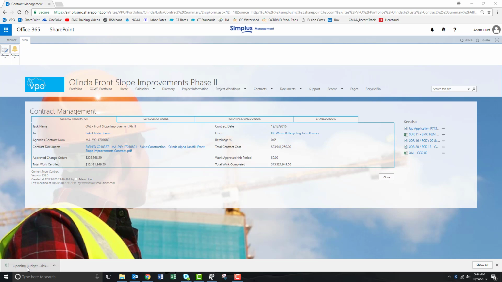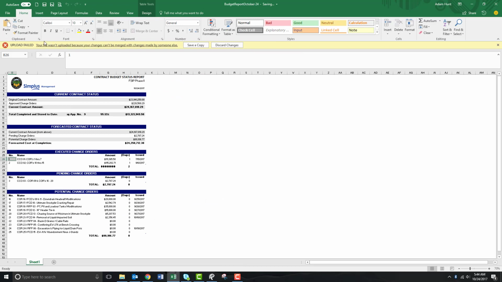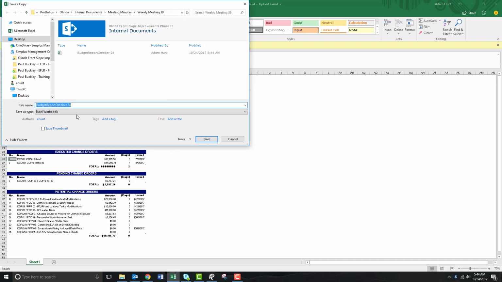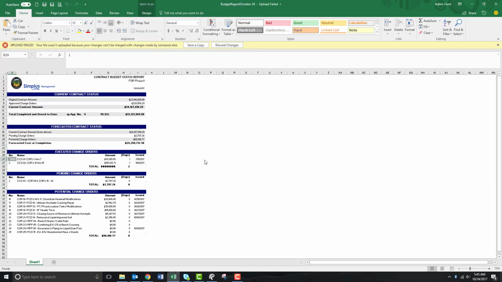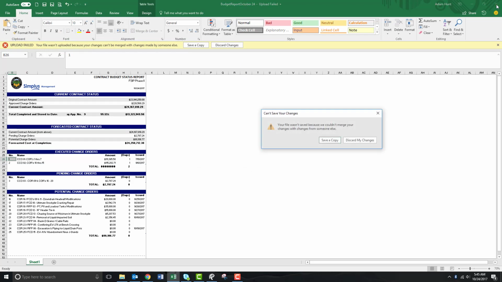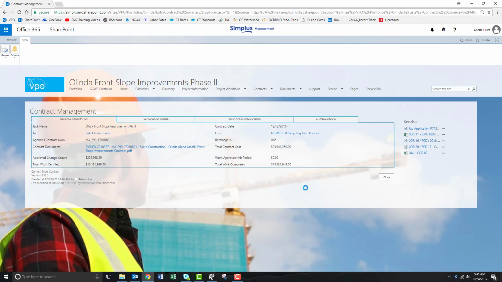It will originally save as an Excel spreadsheet, but then of course you can save it as a PDF into our current weekly minutes. Once it's saved, you can get out of the Excel file, back into your contract,